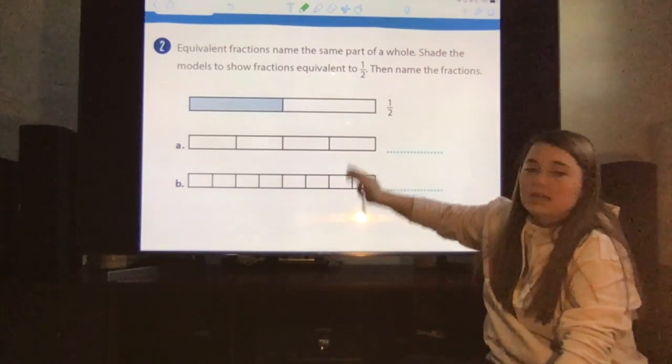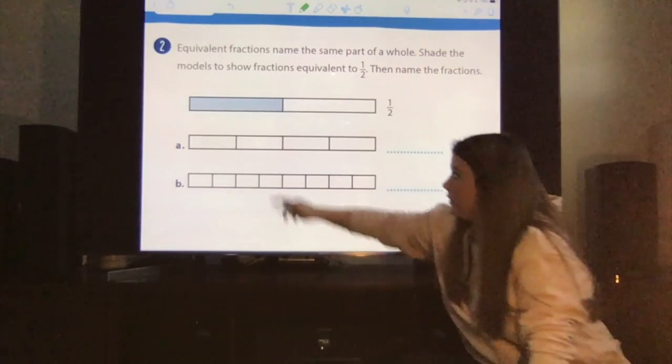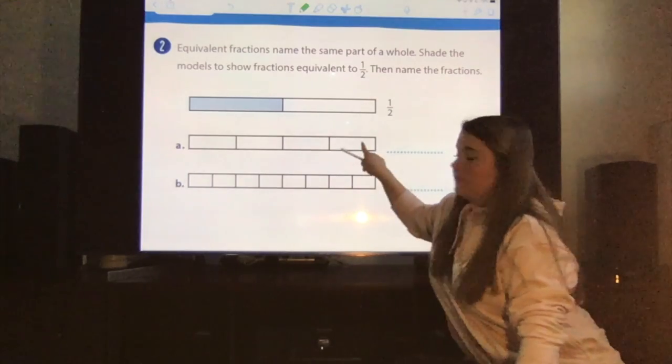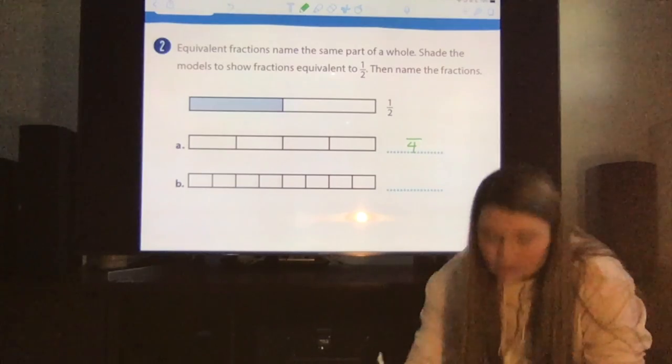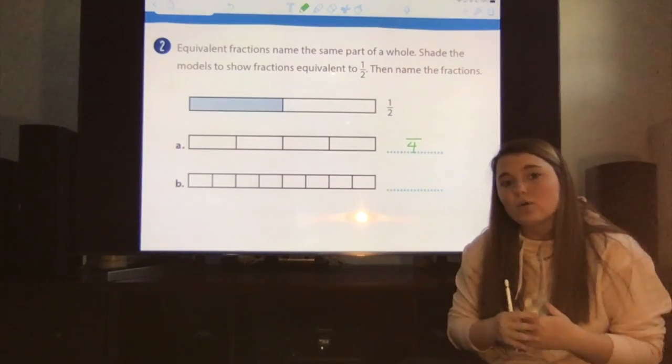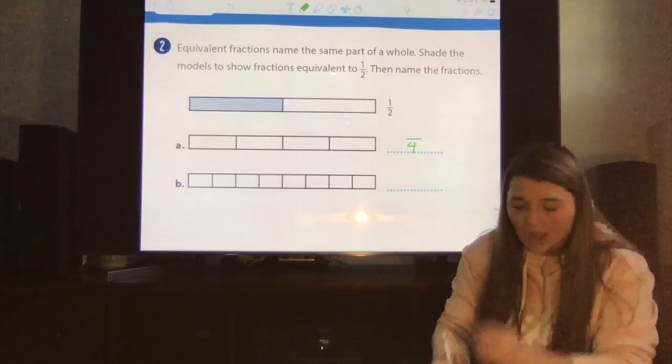In A, I need to figure out how many equal parts there are. Well, there's 1, 2, 3, 4. So I know my denominator is going to have 4. If I want it to be equivalent to 1/2, I know